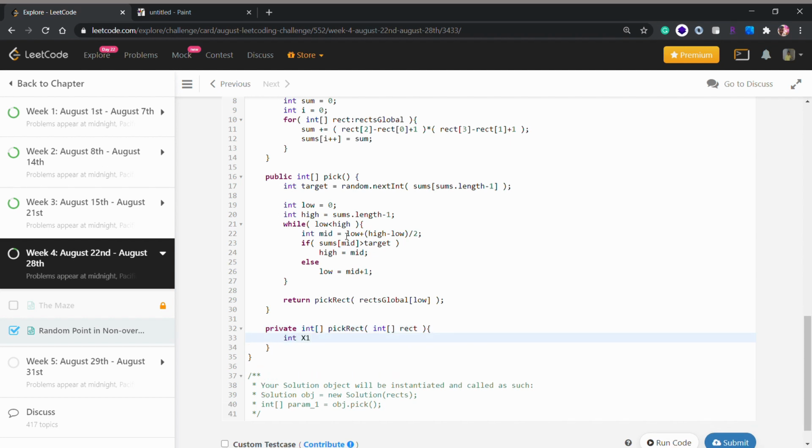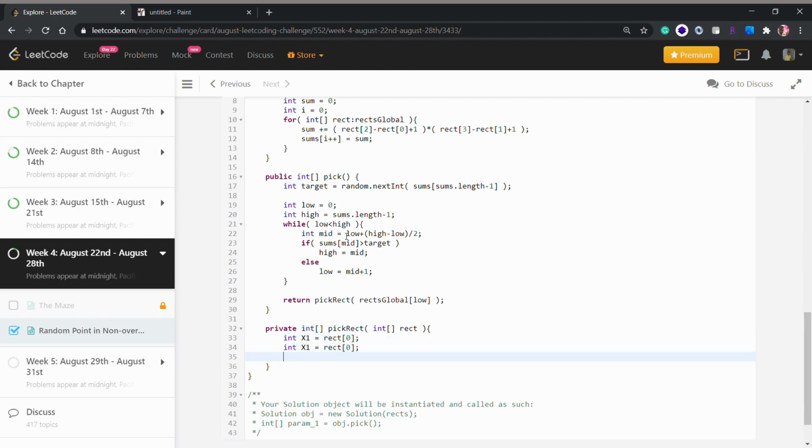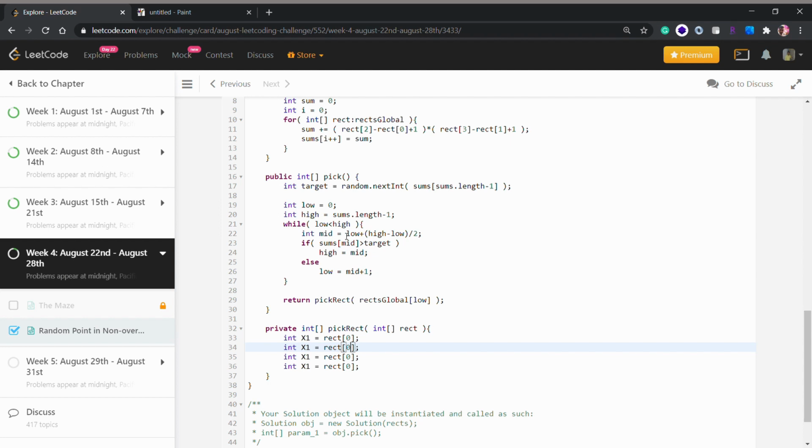Integer x1 is equal to rectangle of 0, as we saw in our problem statement. And then we will just copy it 3 times, with indexes 1, 2, 3, and it will be our x2, this will be our y1, and this would be our y2.